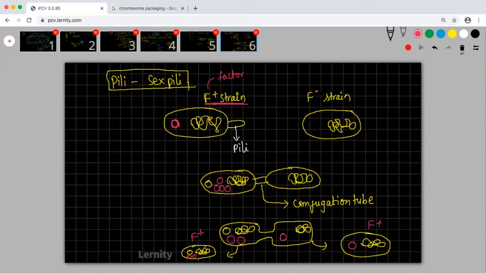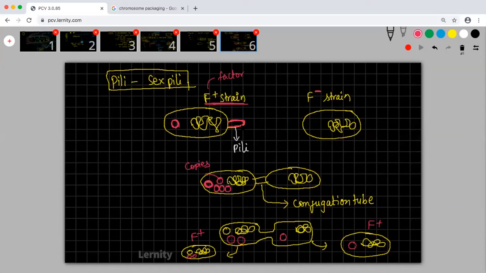So this particular plasmid can multiply basically. It is trying to produce small plasmids, and these are the copies which are produced. Let us say this is the parent and these are the copies. Okay, so copies are formed, and this particular bacteria has something called as a pili, or pili. Okay, sex pili.